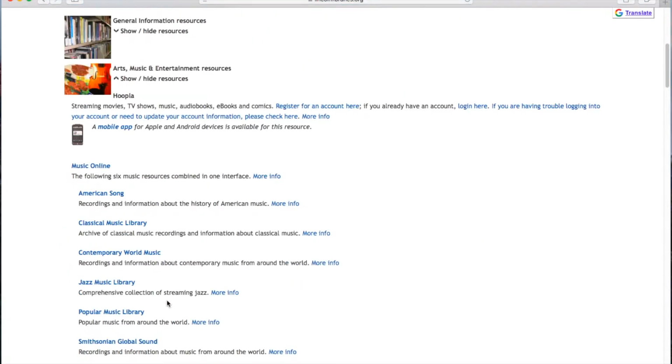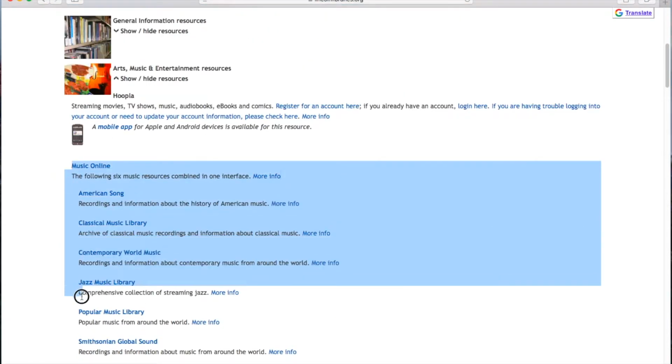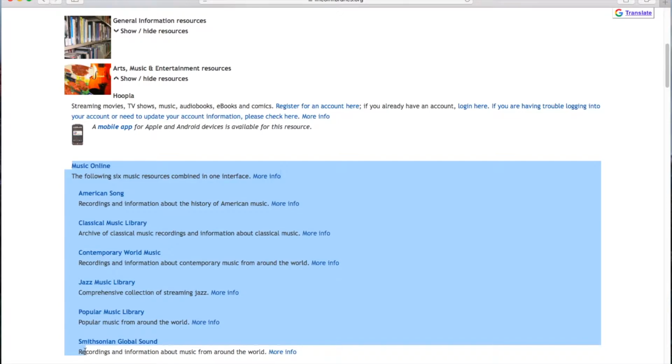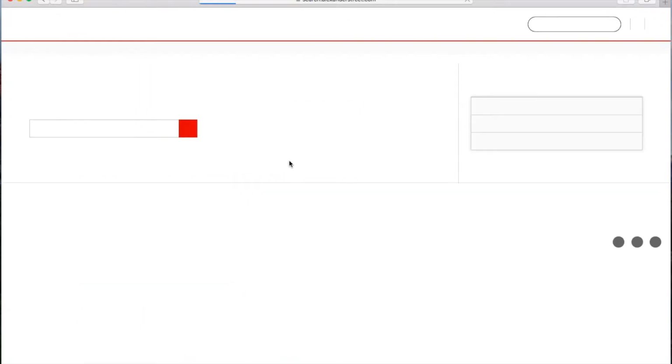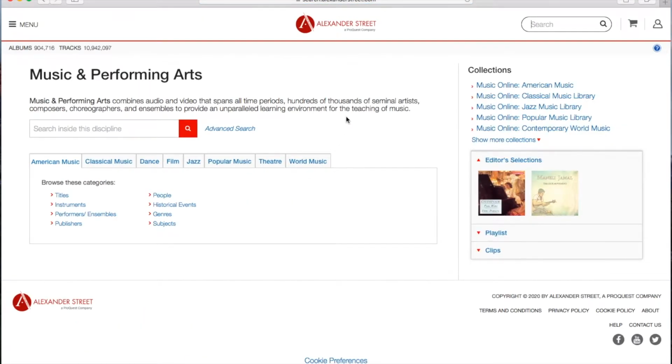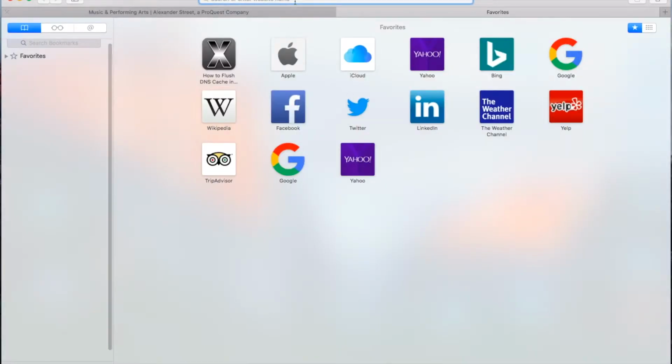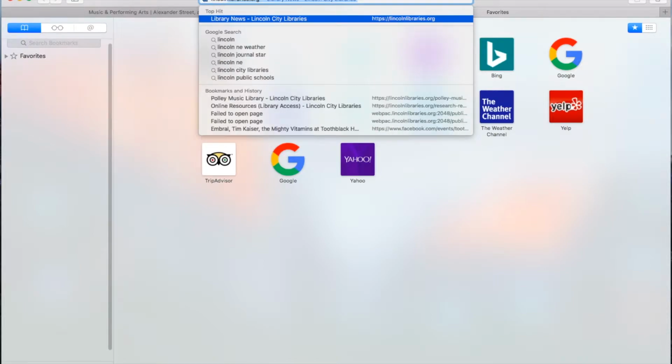So the Poly Music Library provides access to Music Online, which is 6 different web resources, which you can see here under Music Online. We're going to go ahead and click into the main section, and from here you can search through all 6 of the primary collections. An alternative way to get into this, by the way, is if you're on the Poly